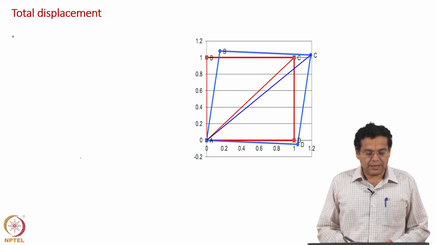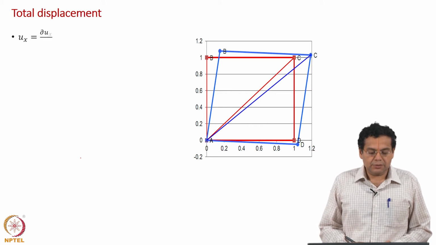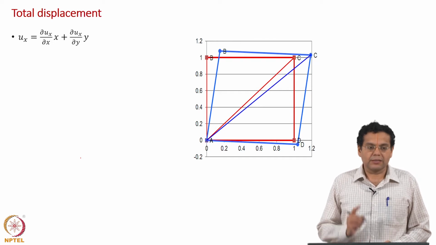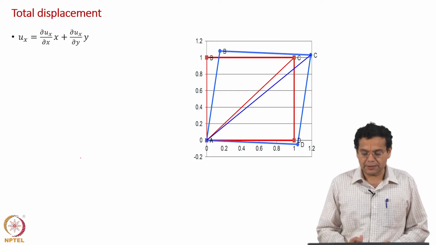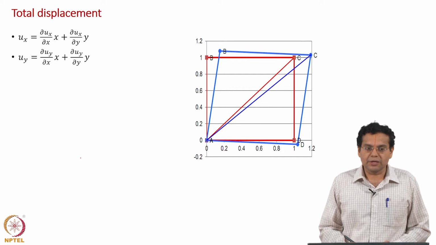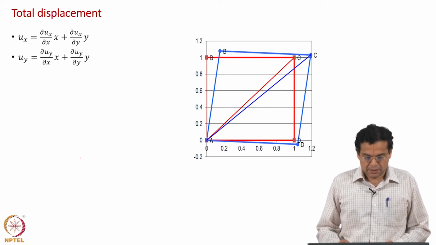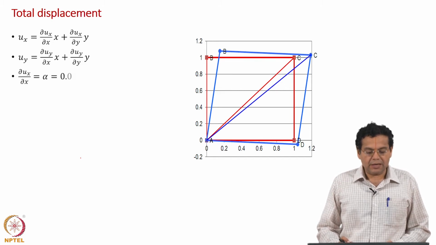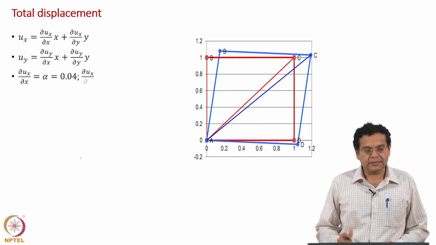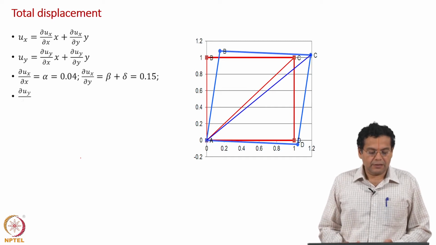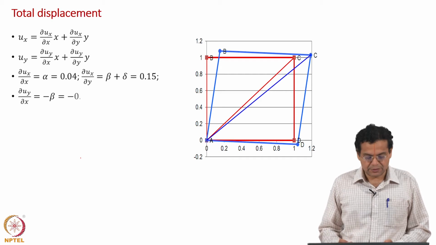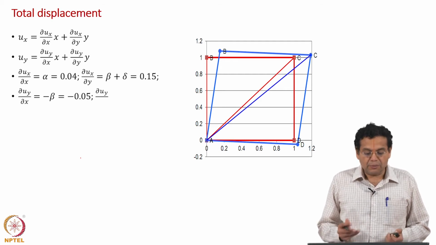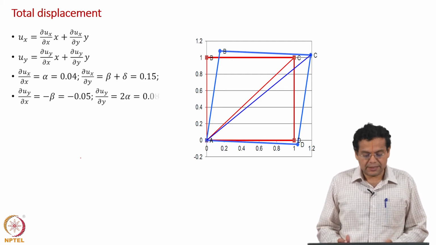Okay. Now, we will calculate u x is equal to dou u x by dou x times x plus dou u x by dou y times y, okay. Simplified version of the general expression. Similarly, we can write for u y also, okay. Just like we wrote for u x, I have written for u y, and we will take all the values which we calculated for all the gradients. Okay. We calculated all the combinations of the gradients. So, we have the components of the displacement gradient tensor more formally.